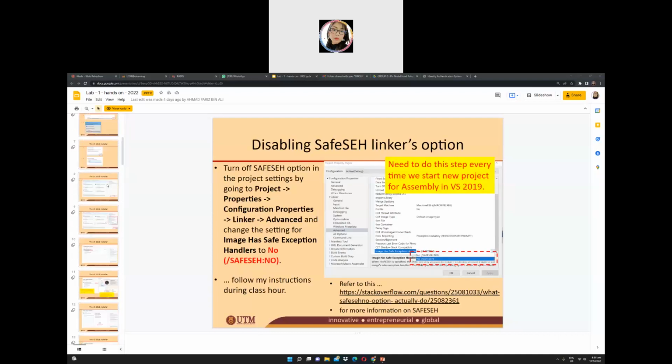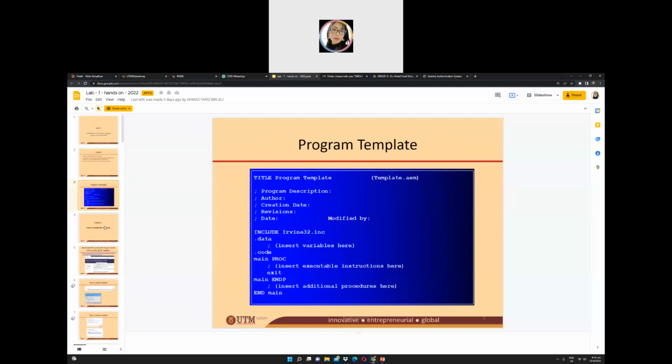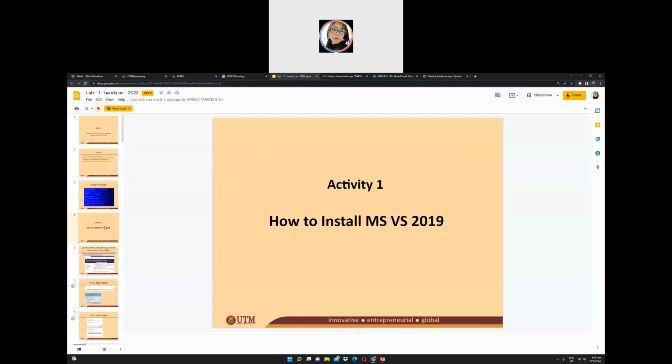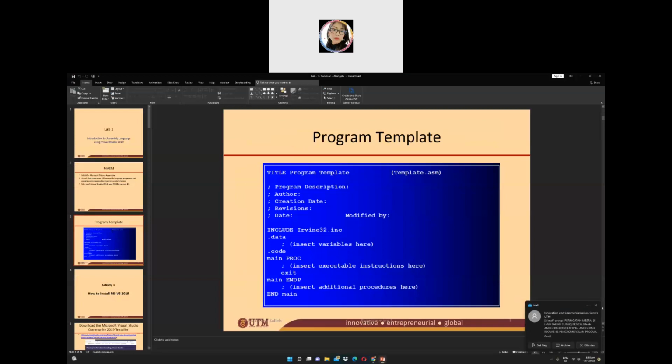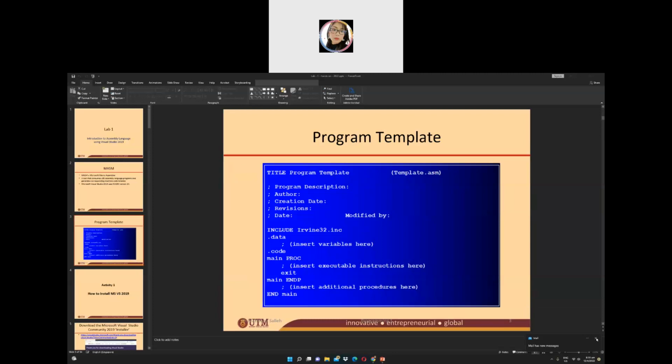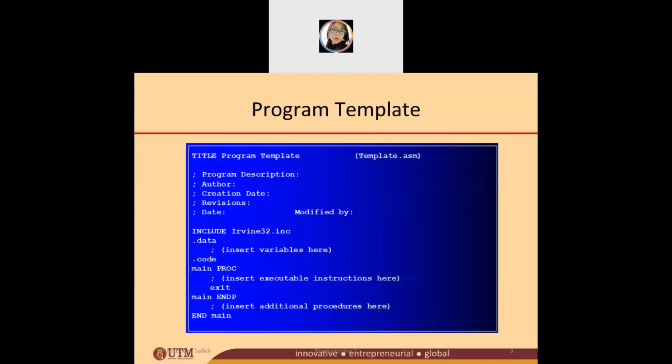Okay, let's take a look one by one. I hope that if we go one by one, then it's easier for you to see whether you missed some step or not. Okay, it is normal for you to get an error when you do some step wrong,